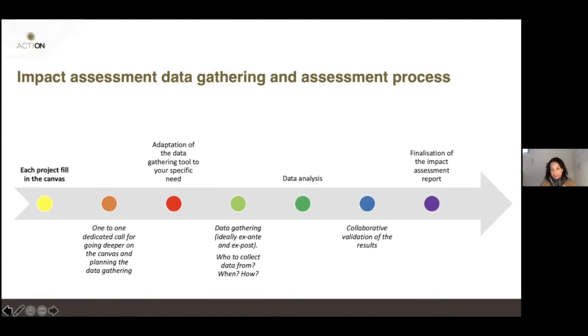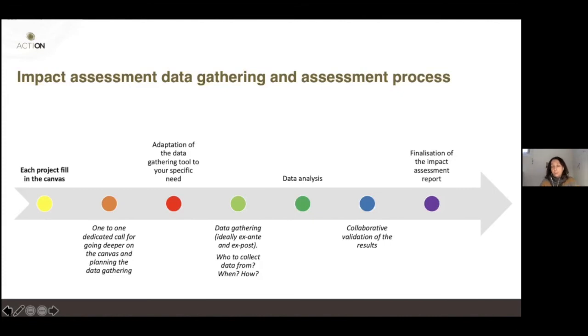Then we do the data analysis, and what you see in bold is what we expect from you: filling in the canvas. What is in italic is done together: having the conversation at the beginning on the canvas, and the data gathering. Let's see how to distribute, for example, a questionnaire.